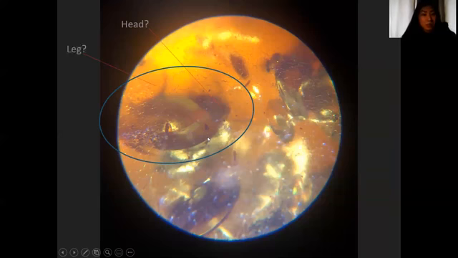It kind of looks like a small insect that is trapped in the amber, right? So this could be the head, and this could be the leg, right? So it could be an insect. With this question in mind, let's talk about how I got this picture first